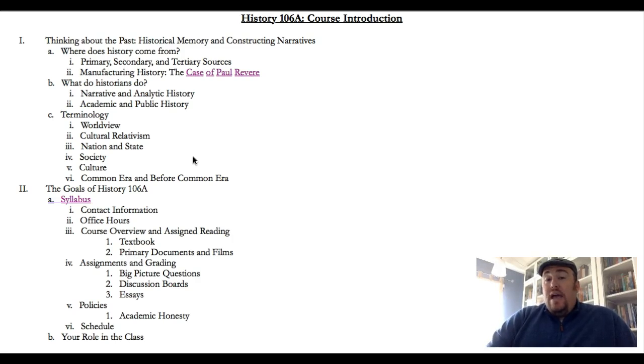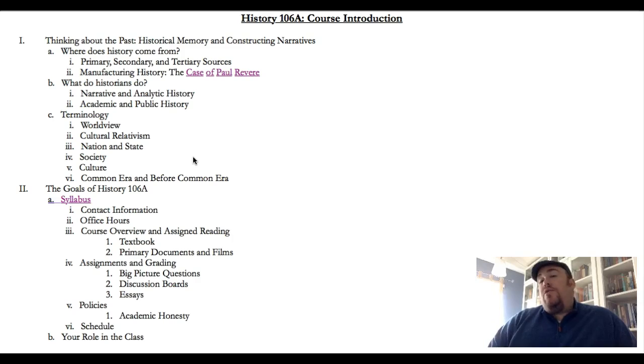A state is different. It's a political entity. Now, a state might be formed by a nation, or a state might control a nation. An example that we might be more familiar with is the United States in American history, right? The United States is a state that controls a variety of different nations of indigenous people that don't necessarily have their own independent governments for much of the United States' history, right? So nation and state are different, but they inform one another. We'll see in the course of world history, especially as we progress closer and closer towards the modern era, that there's a real desire on the part of nations to have their own states, to have their own political entities and control. And this is really important.